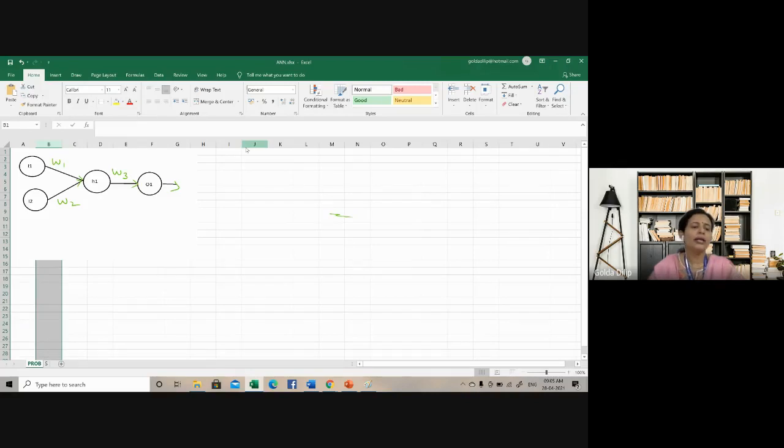Now I need to introduce a bias to each and every node. The value of the bias node will be 1, so that is already predefined. Let me introduce a bias node with a value 1, the weight of which is called B1. Then I also introduce another bias node for which the weight is B2 and the value is 1. This is already predefined.